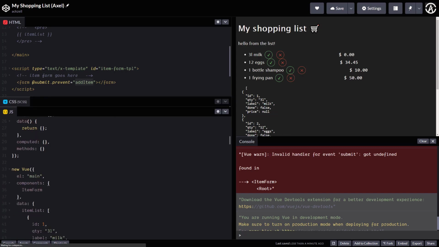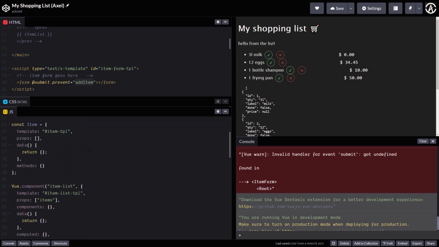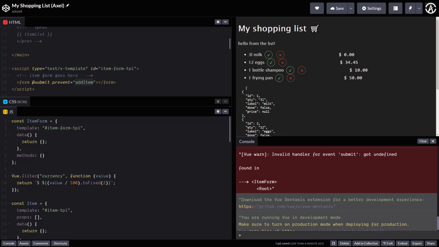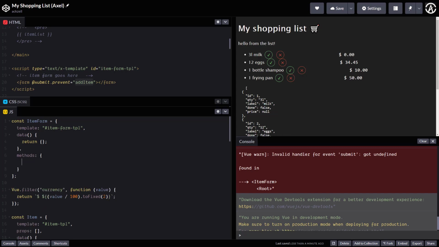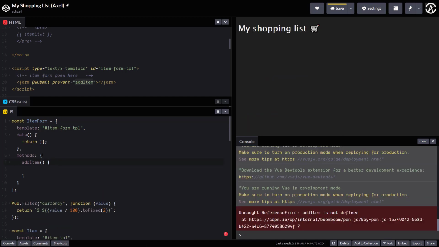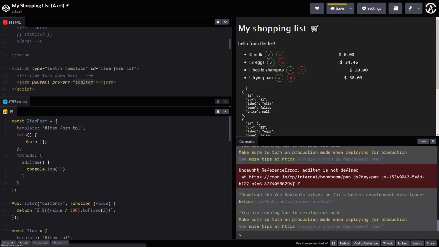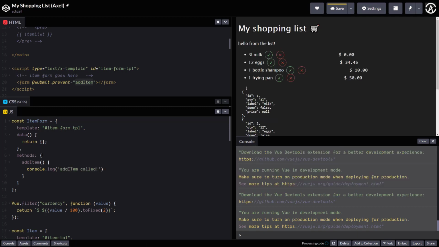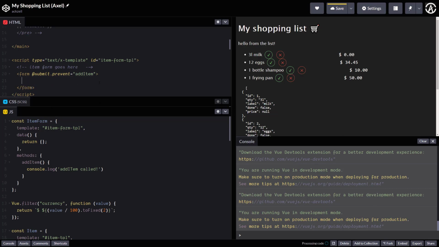So what we do is we go into the item form component here, and then we say you will have this add item method, and just for kicks, let's do add item called, right, whenever that form is submitted. All right, so we're now prepared to handle that event, but we don't have any particular input controls, so we